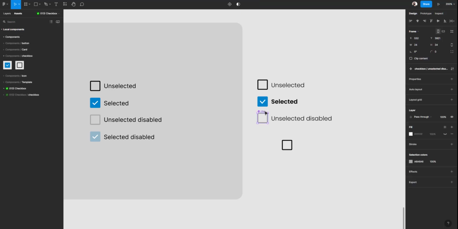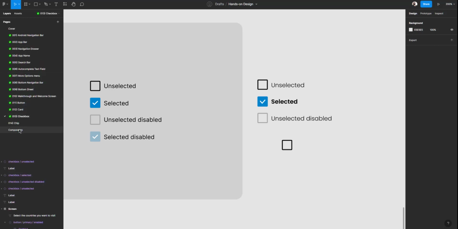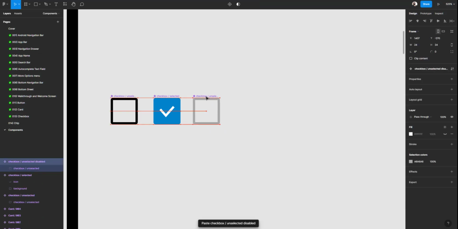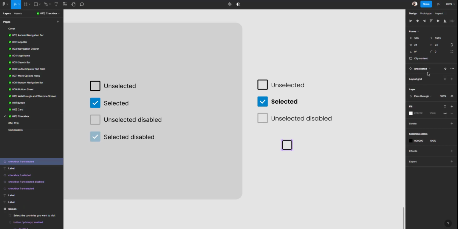So I will duplicate at first, Control D. I will move down. I have this instance now, and this master. See these four little diamonds. I will press and hold Control X. Now I go to the layers section. I will go here, components, and I will paste it here. This another state, right? Then I come back to checkbox, and if I select that now, I click here, I can see three different states: